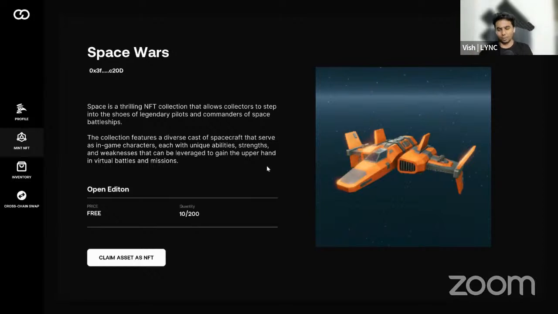That's a boring thing, and it is spoiling the whole experience. Another thing is most gamers, because of FOMO, land on a phishing website and lose a lot of assets. This is a way where they can avoid those kinds of consequences.